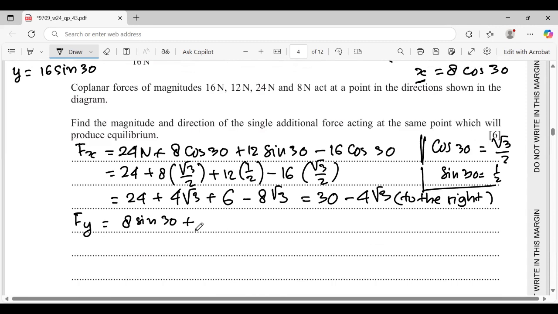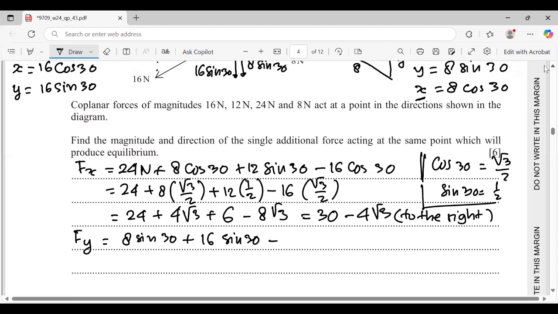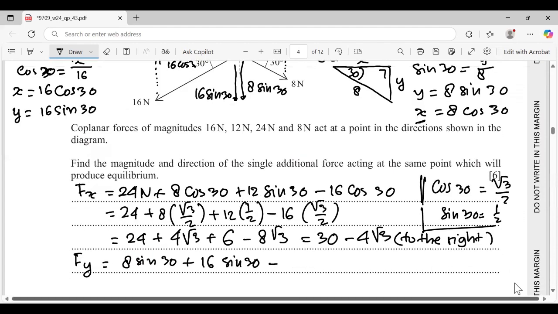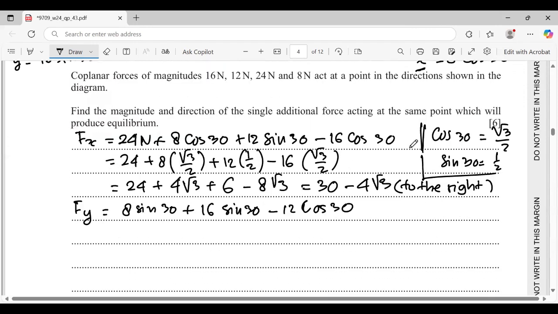And this is 16 sine 30 minus, if you look at this diagram, 16 and 8, and to upwards is 12 cosine 30 minus 12 cosine 30. Now substitute this information, cosine 30 and sine 30,